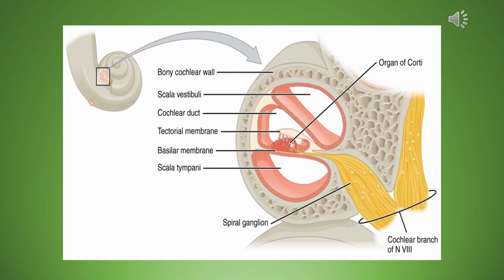Now, you may be curious about hearing loss. Those cilia are fragile. The tectorial membrane does not move. So if a sound is too loud, it will cause the basilar membrane to come up and compress those little cilia too hard against the tectorial membrane, and they will break.